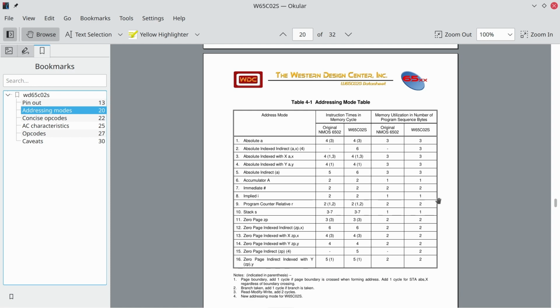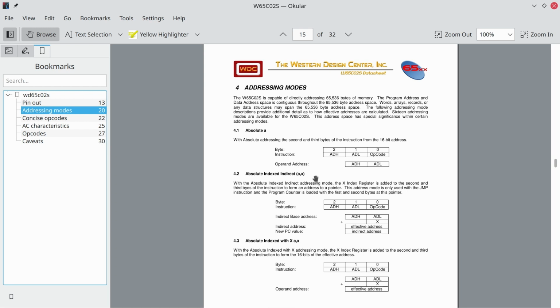Before that, let's try and understand what absolute address means. For that, we can turn to page 15, where absolute address says we have the opcode at offset 0, then the address low at offset 1, and address high at offset 2. And the operand address is the address low and the address high. So essentially just read 2 bytes from memory, compose them into a 16-bit absolute address,